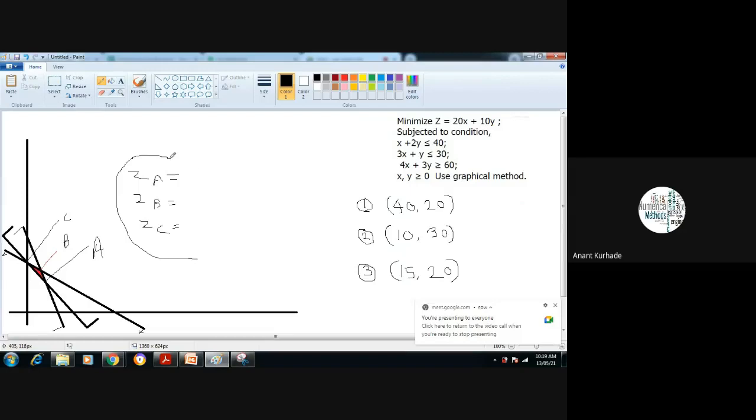Okay. Any doubt up to this? This is what a graphical method is. So always you have to focus on the inequality sign. Whether it is less than means draw below, greater than means above. Is it correct? Any doubt up to this? Okay, I think it's very simple. Now we'll move further.